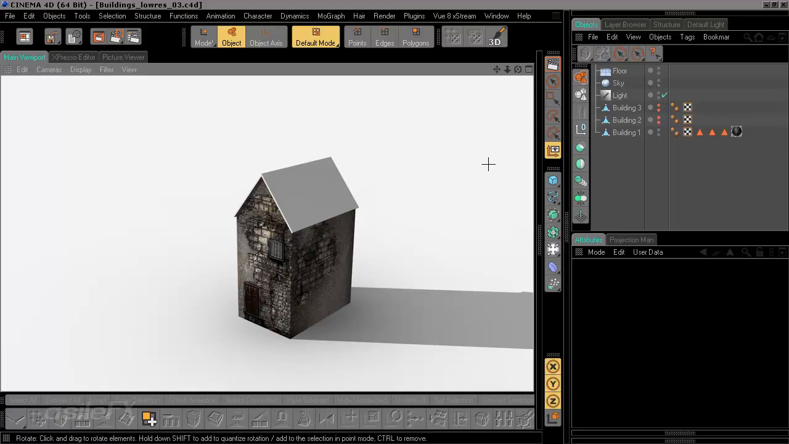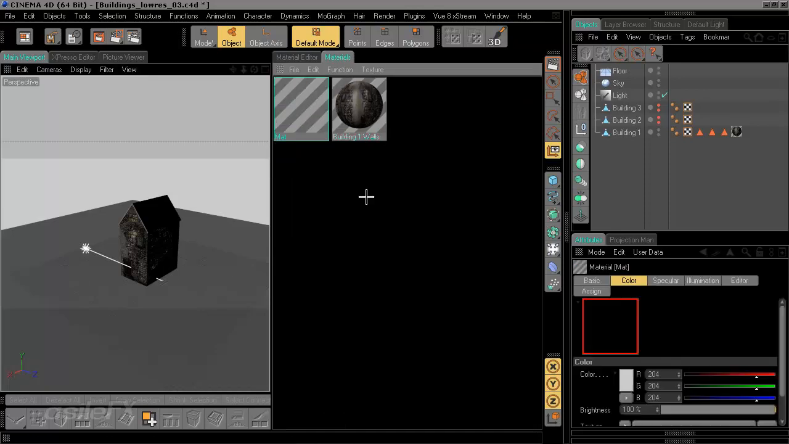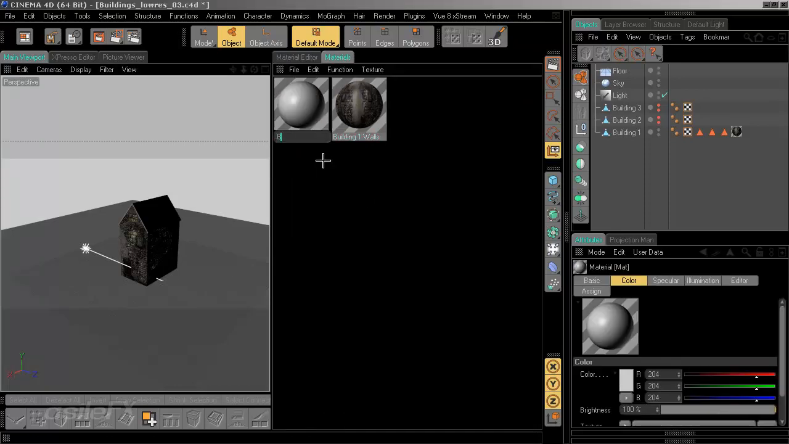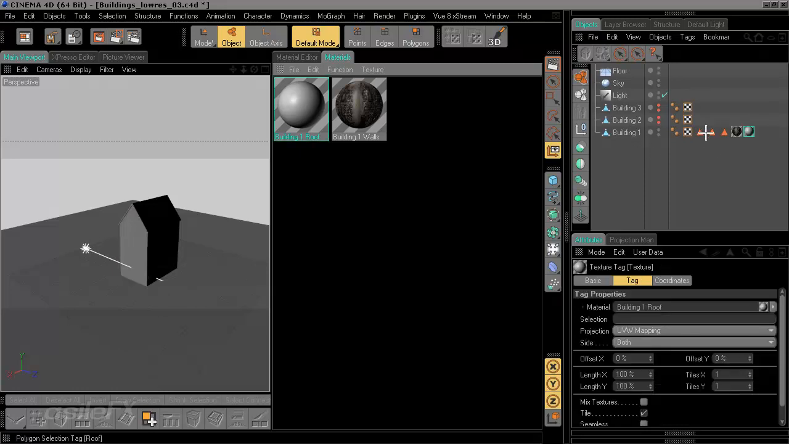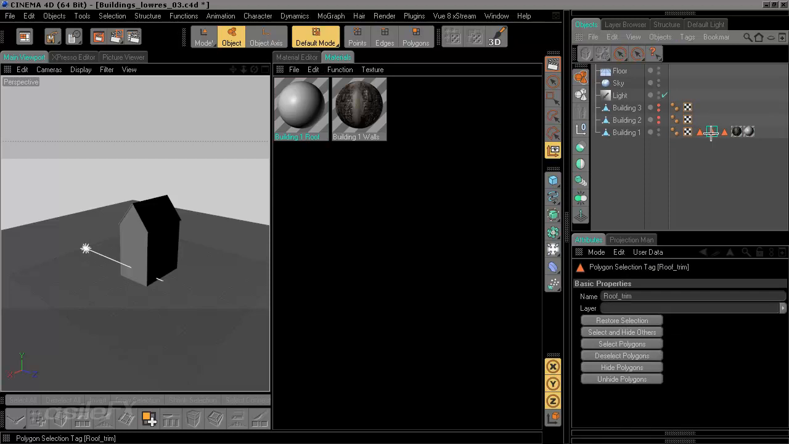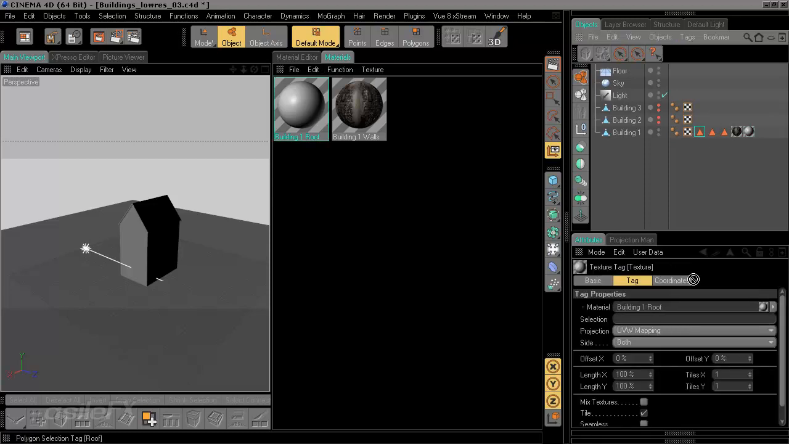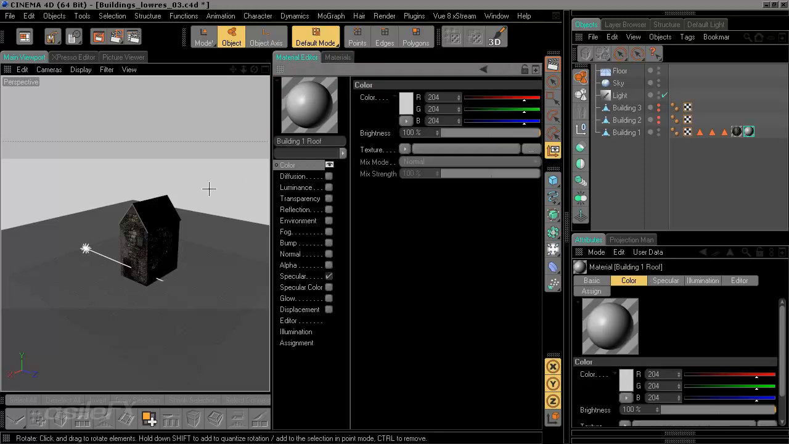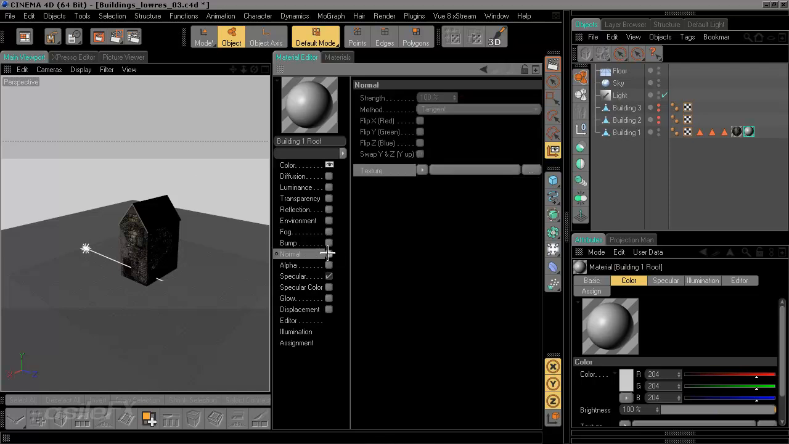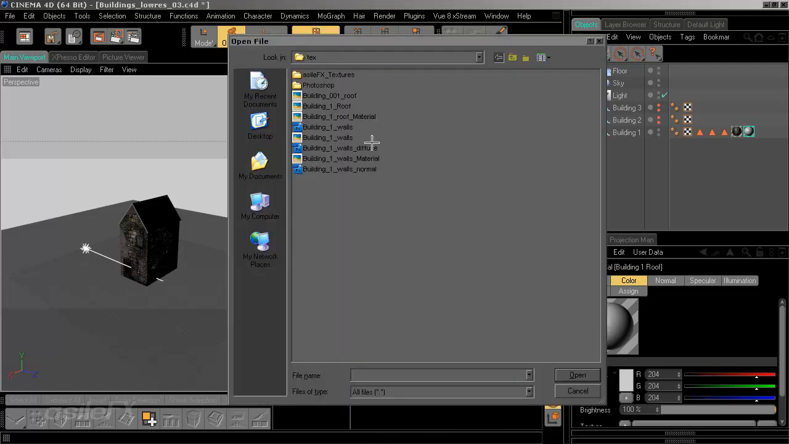And back in Cinema, we need to create a new material. So the building 1 roof. And we need to add that to the building 1 and set its selection to the roof. So dragging the selection into the selection for the material. And now we can edit just double clicking on the material. I'm going to select and turn on the normal and load in that image. So the roof material,